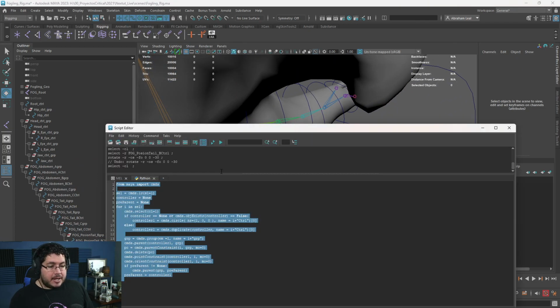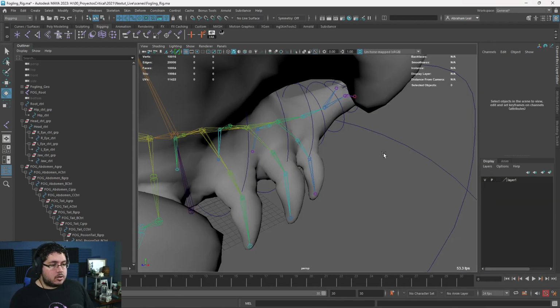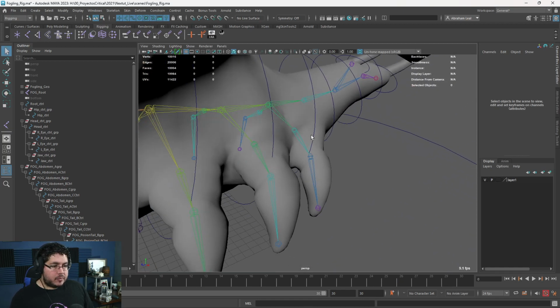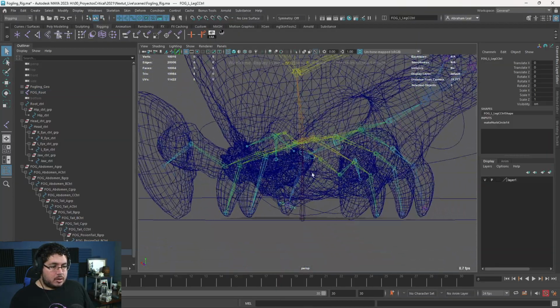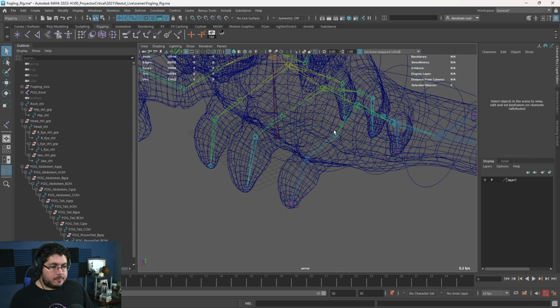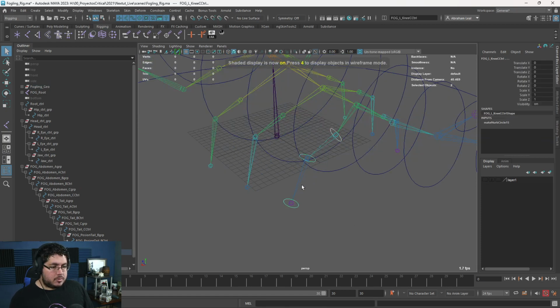Now, let's make this even faster. What you can do here is you can just literally middle mouse and drag this into your shelf, and you're going to create a little shortcut of the script. So now, let's say I want to create for this chain right here. So 1, 2, and 3. Again, just hit the little icon right there, and you're going to see that the curves are right there. So we can grab that curve right there. Well, hide this. So that curve, and that curve.